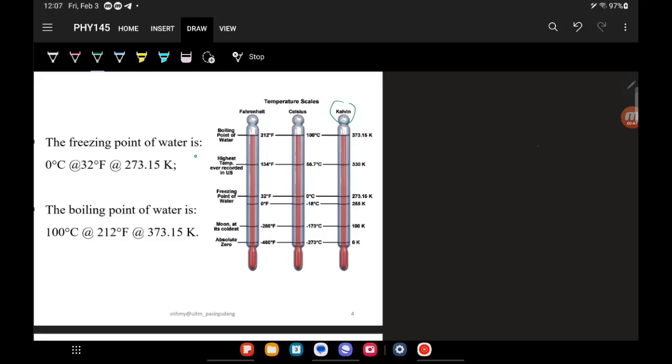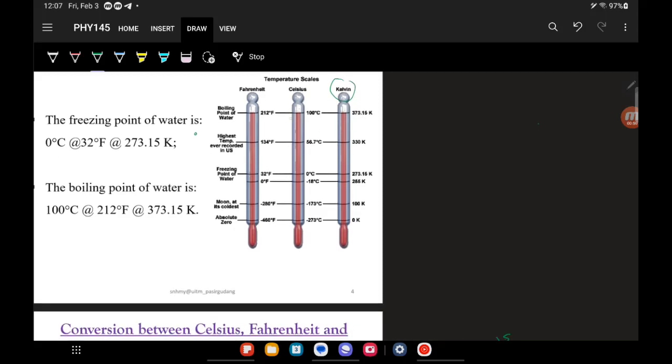So if you look at here, Kelvin shows us, if you look at both the Fahrenheit and Celsius, both of them have this negative temperature. So when we go to negative temperature, technically we can go to an infinite value of negative. So it can be colder and colder. It can even be negative 1000 degrees Celsius. That is in terms of numbers. So the number of negative can go beyond as far as you could, but